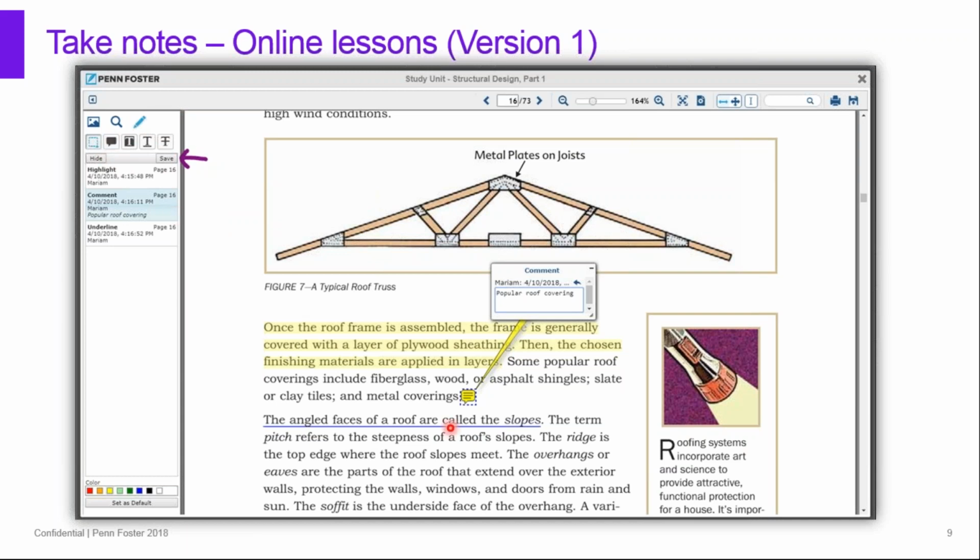So if you click on this, you will be able to place the comment here, and in the box, write yourself a note to remember. Maybe you want to say this is an exam point, or you want to maybe put a link to a reference or a resource that you found good information about that one point in your study. Also, you can highlight the text. Highlighting the text, you can underline the text that you think is important. You can choose the colors for each of those